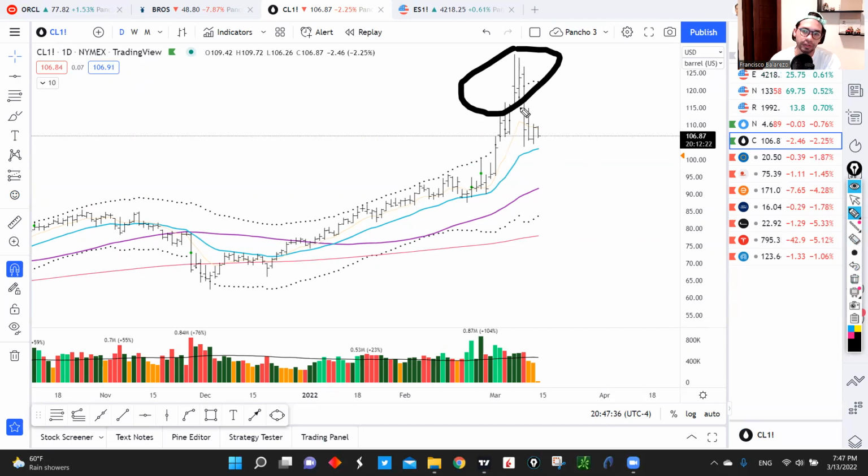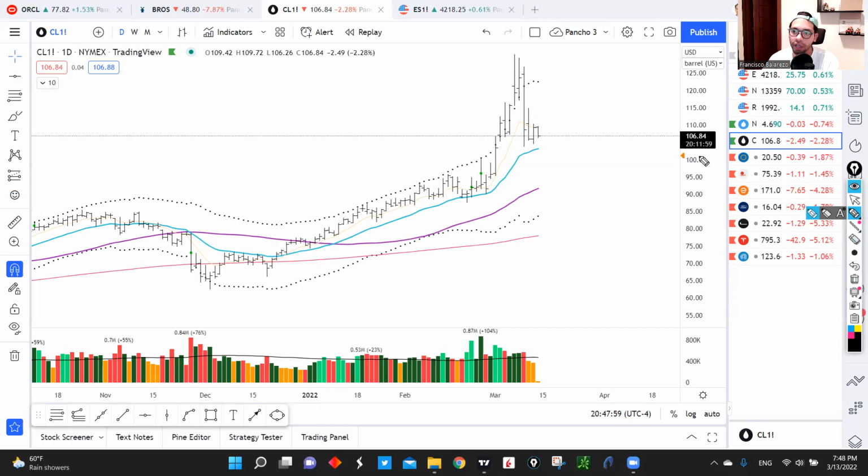And that basically is like a rubber band, right? We get that rubber band really extended. And at some point, that rubber band is going to kick back in price, and price is going to retest that 21 exponential moving average. As we saw right here, we get extended, we pull back, we get extended, we pull back. And right now that we got really extended, we're pulling back again into that 21 exponential moving average.